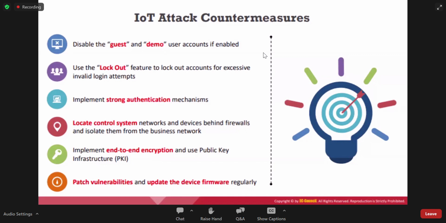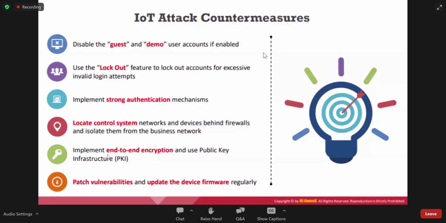We call this a DMZ, demilitarized zone. We put servers like mail servers there, which can easily recover, and it doesn't matter if they are attacked or compromised. These are all things in the DMZ.